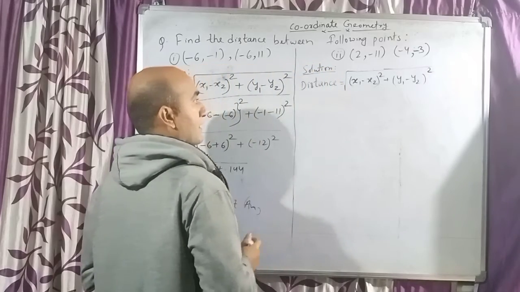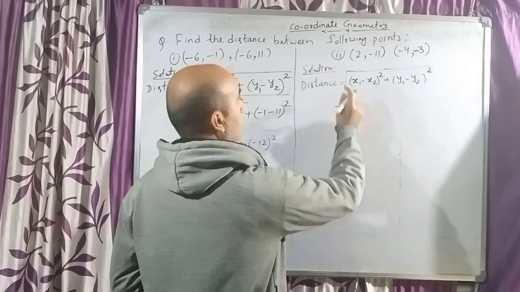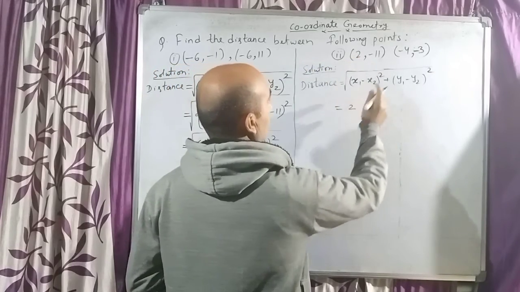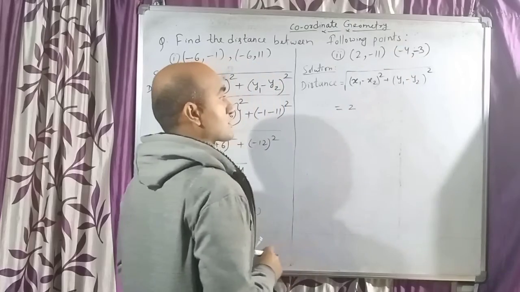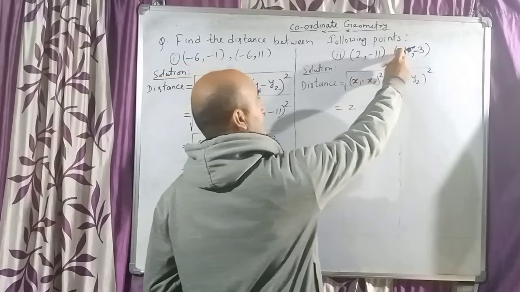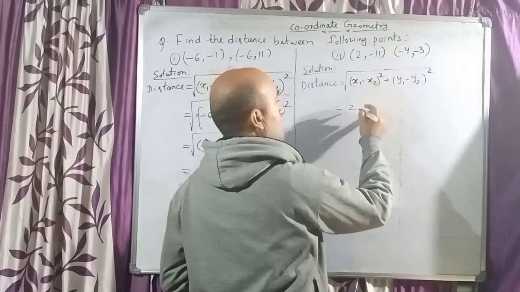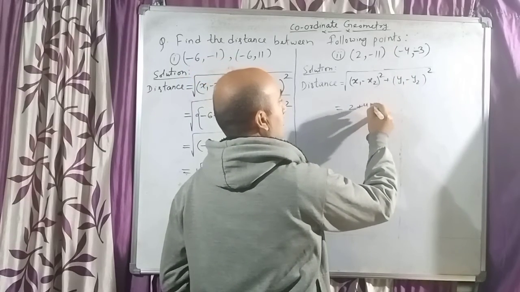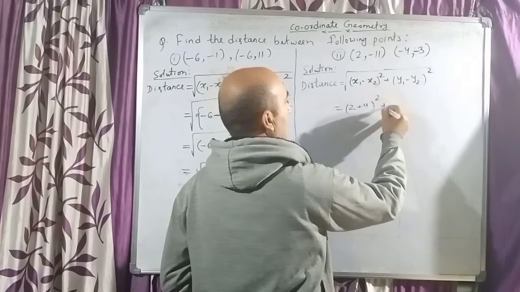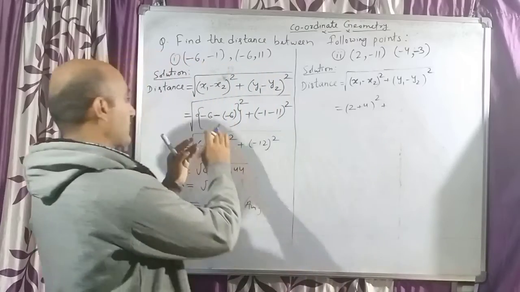This is the formula. Now what you do, x1 is 2 and x2 is minus 4. Again same thing, this minus and this minus. Here I want to jump one step. This minus and this minus will become plus 4 and whole square plus,